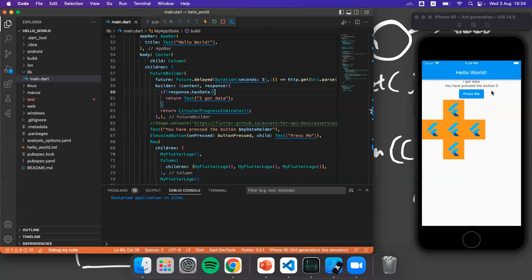So you don't have to sleep it like I did. You can directly give that as a future. So if that takes time, it will show the progress indicator, otherwise you get the data. So that's the idea. So the correct code would be just, without putting that as a future and adding it